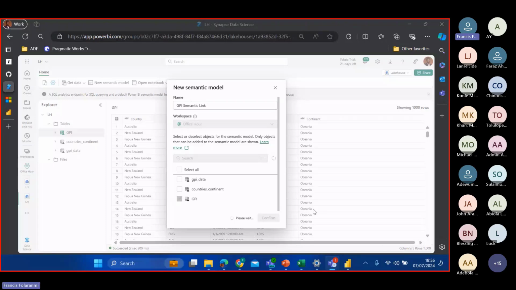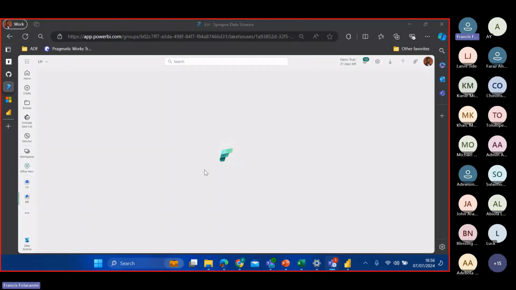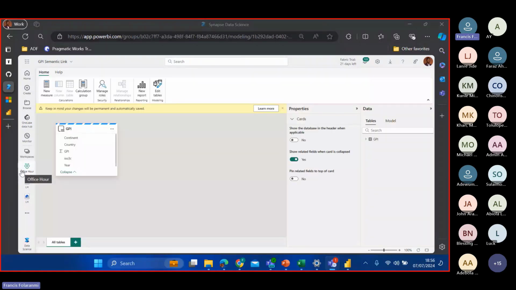All right, it is now loaded. Within my workspace now, I should have my semantic model. I can then use this to create my measure, create my report, and whatever I want to do.